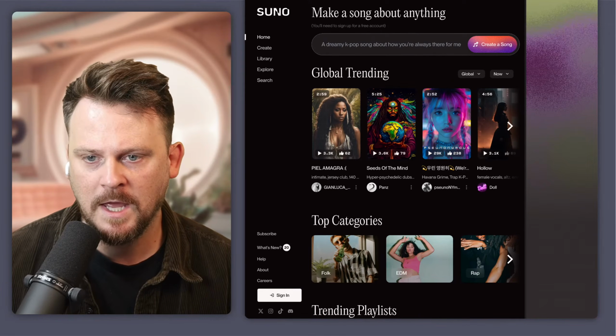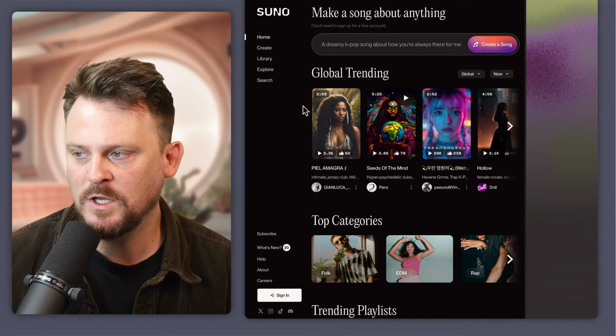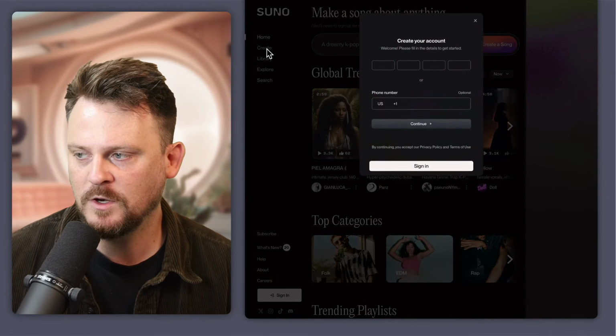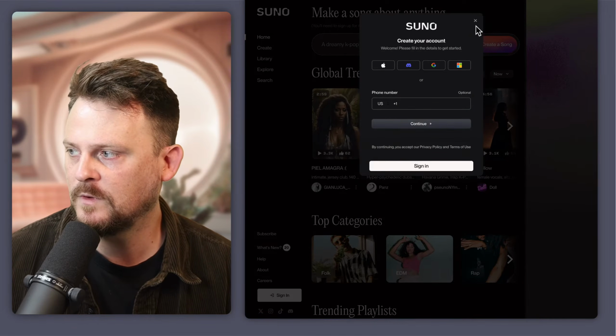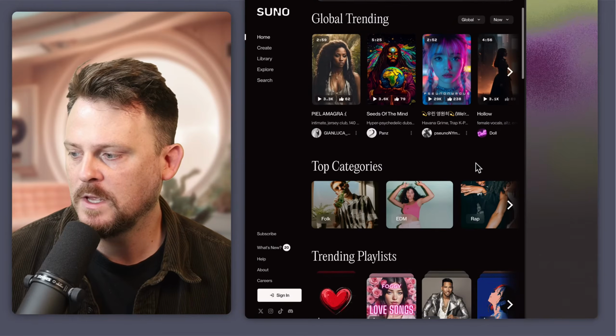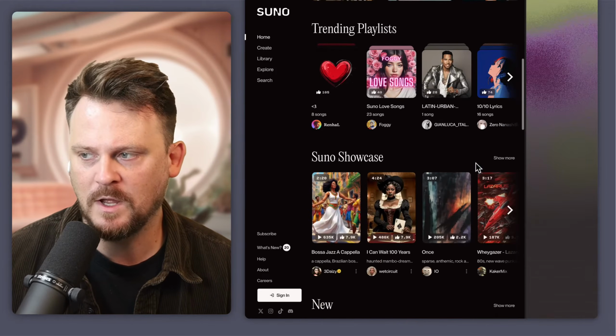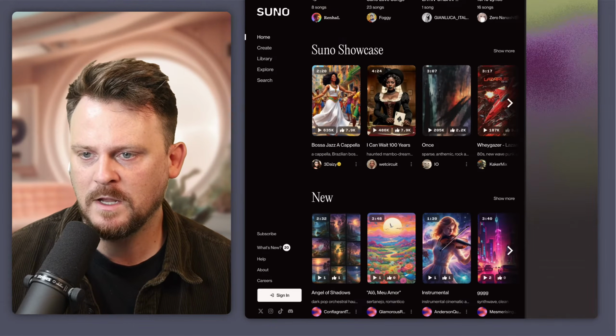Let's see, here we go. And basically what you can do is click on Create. Oh, you have to sign up. All right, I won't do it now. I have an account, but I'm maybe just not logged in. Actually, can I log in? I don't want to log in, obviously, and show my login. That would not be ideal. Okay, so let's see if I can log in here quickly. Okay, great. I'm logged in already.